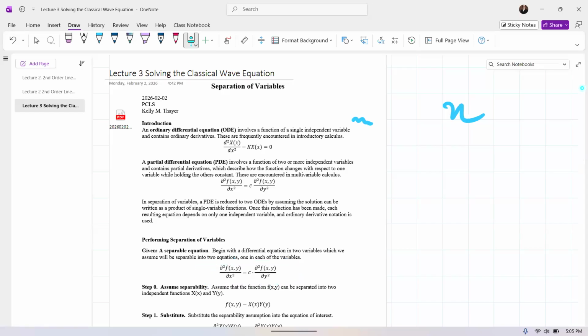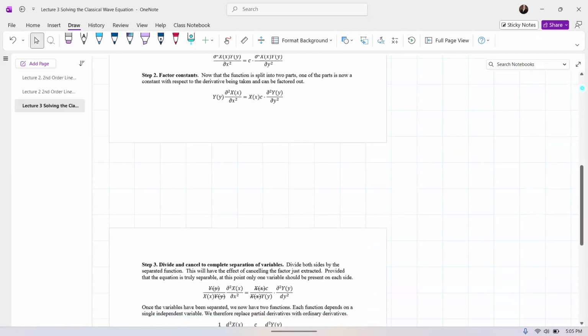And when you have something in 2 variables, just like we said, that's the partial differential equation. Whereas what we want is the ordinary differential equation so that we can use our worksheet and go ahead and solve that. Okay, so we successfully went from a PDE, partial differential equations, into 2 ODEs,